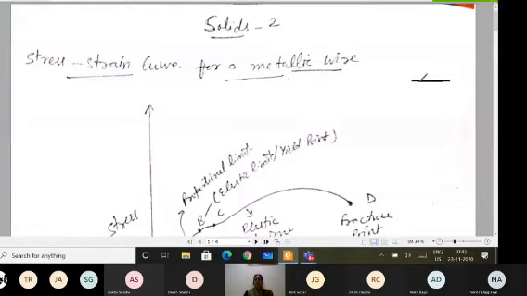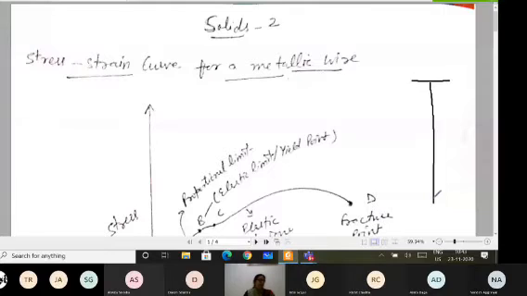It means if I have a metallic wire of a given length L, like a steel wire, or similarly a simple, very thin wire. So I have a thin wire which is suspended from a rigid support, and I have some weight applied, like you did the experiment with a spring. So that experiment of the spring is to be done with a metallic wire.